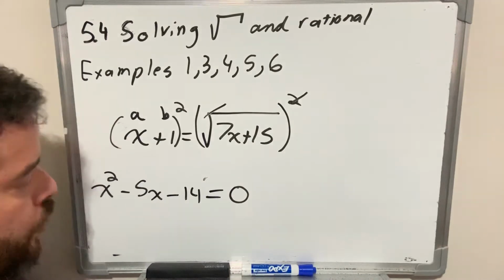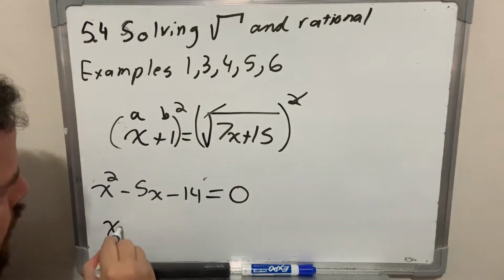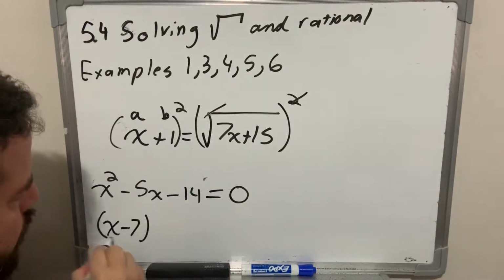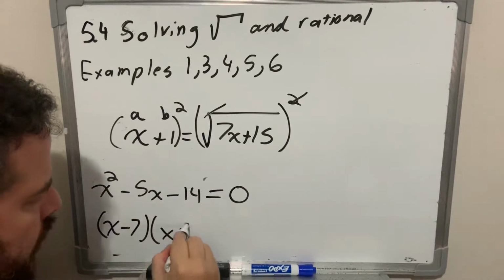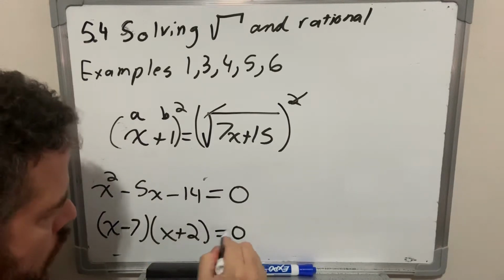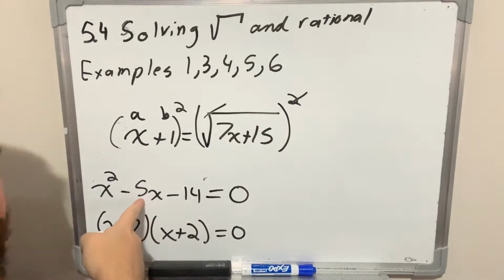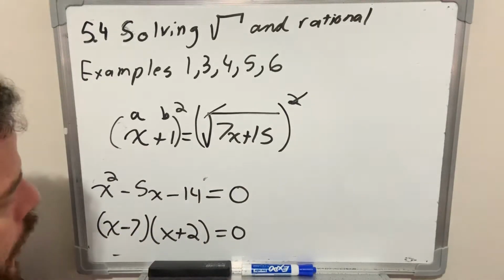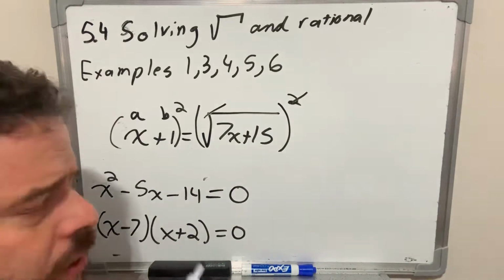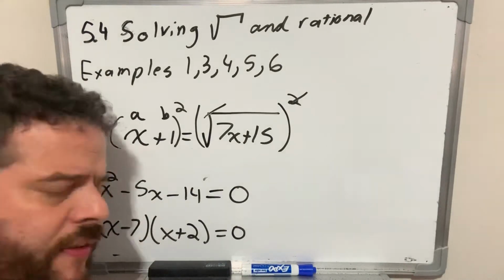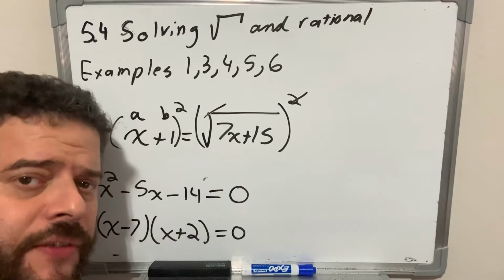Negative 7 plus 2. x minus 7 and x plus 2. When you multiply those two, you get negative 14. When you add those two, you get negative 5. Now, when you have multiple solutions, like in this case, you have to check for the solutions to make sure